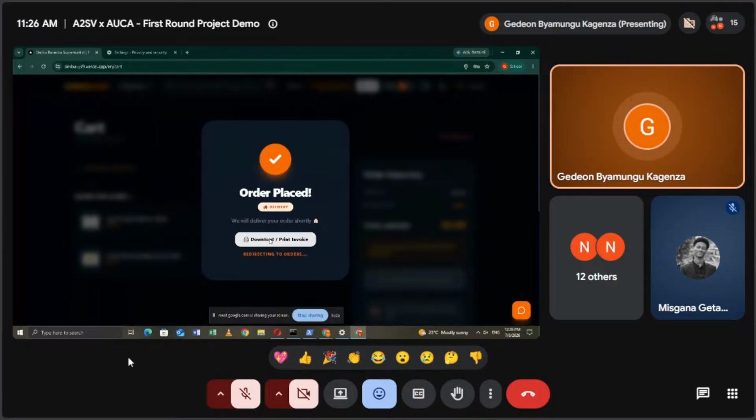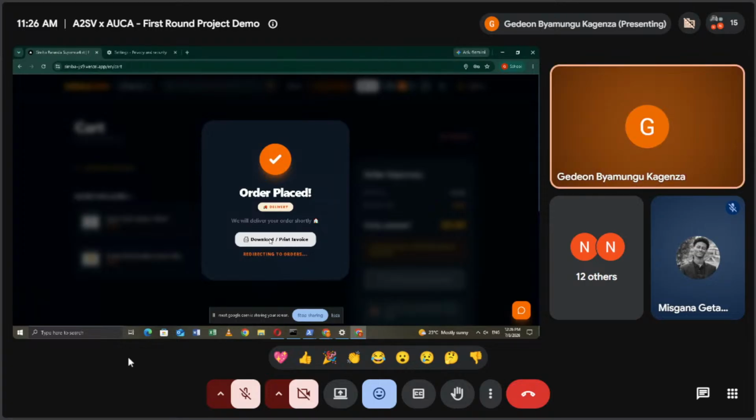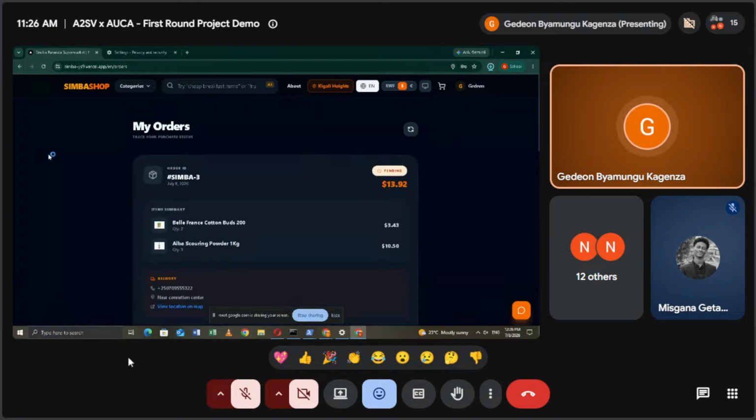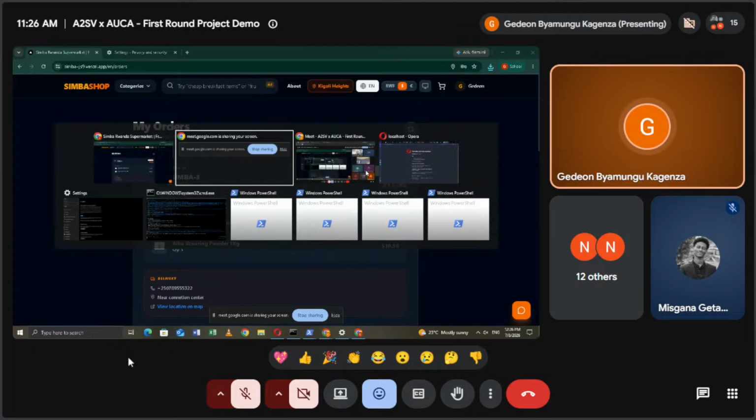Now you could download an invoice, and after that you are redirected to your orders, and you can see that your order was placed with details, and it is waiting for confirmation. So once you have placed your order,